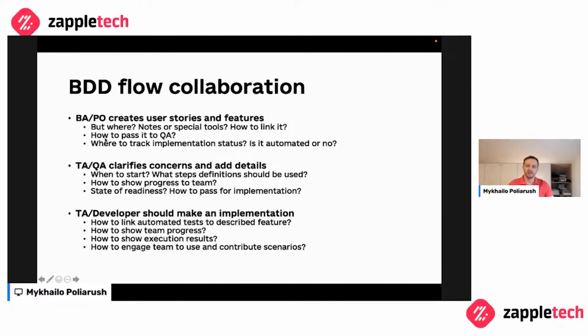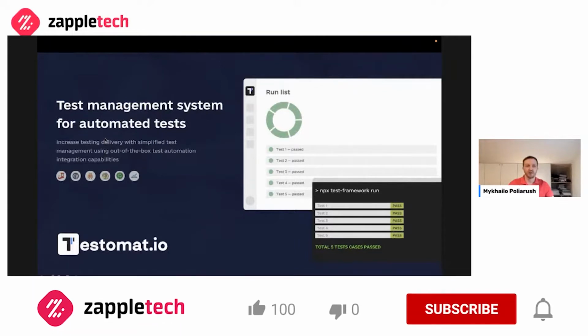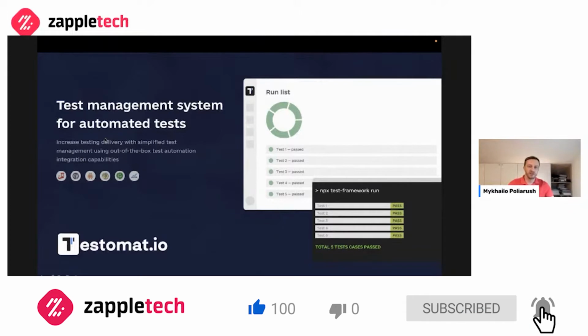It's not very well integrated. So I just would like to go with you through the test management system that is called Testament.io. That is a specific test management system which is designed with a test automation first approach and shift left strategies, which mean